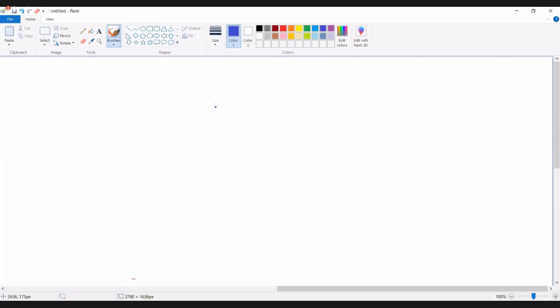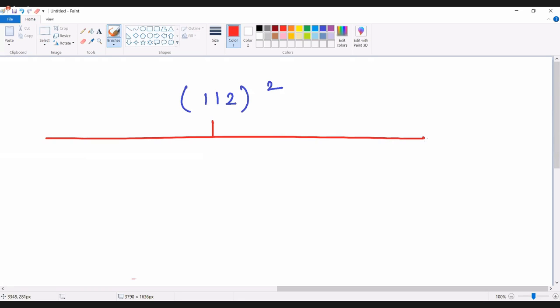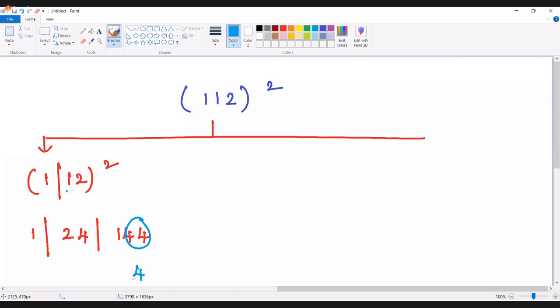Let's assume I want to find the square of the number 112. Now I'm splitting as per convenience, you can split it. Let's assume I'm splitting it as 1 and 12. Then 1 square is 1, 2ab is 2 times 12, that is 24, 12 square is 144. But as I discussed, how many digits have we taken for b? 2 digits. So take 2 digits in each and every space. 44. Send 1 as carry. 24 plus 1 is 25. Answer is 12544.